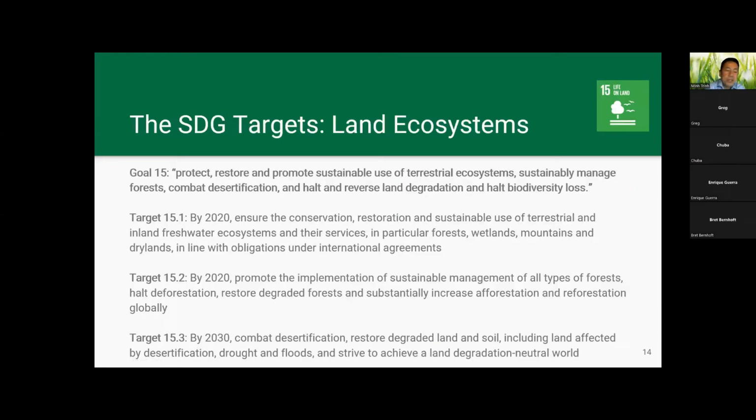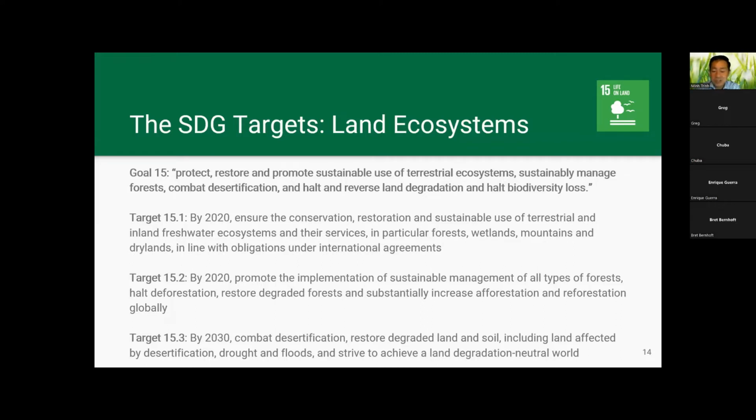So you know that all these sustainable development goals have targets associated with them. Goal 15 is to protect, restore, and promote sustainable use of terrestrial ecosystems, sustainably manage forests, combat desertification, and halt and reverse land degradation and halt biodiversity loss. I won't go over everything because this time we talk about land and ocean, so it's a lot on our plate. But these first three targets: by 2020, it was 2 years ago,